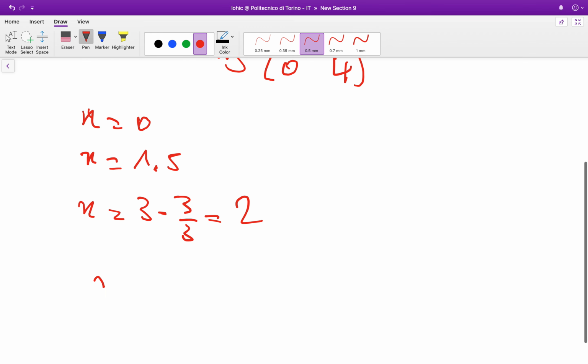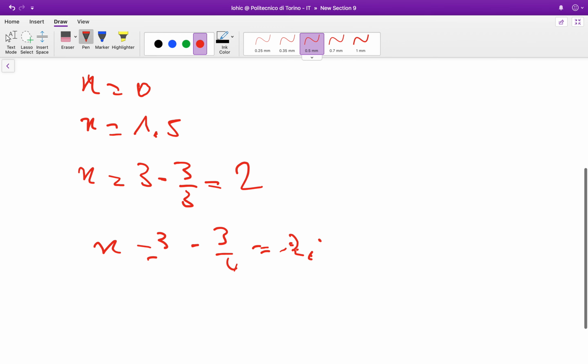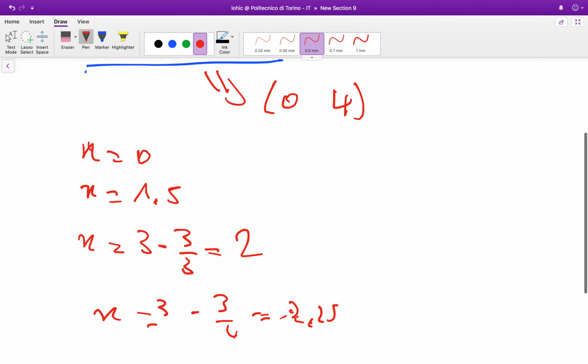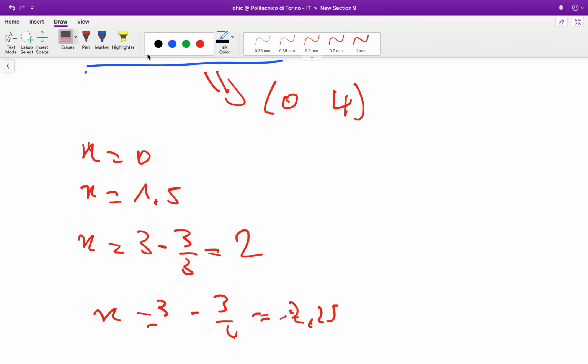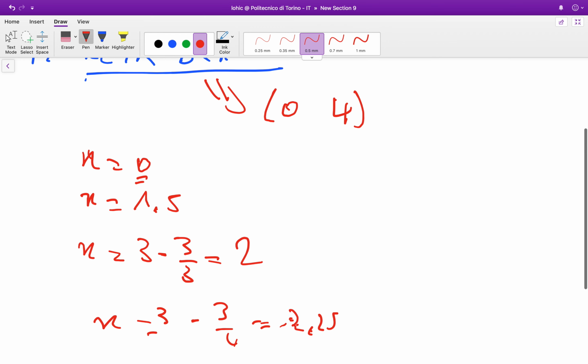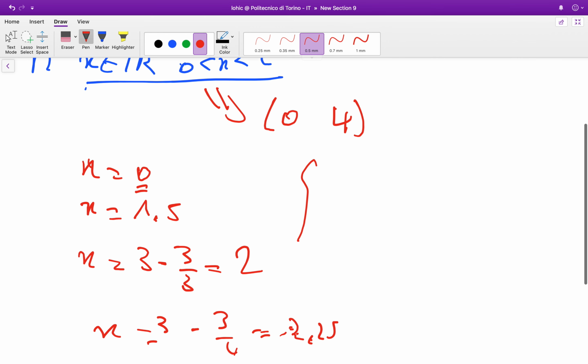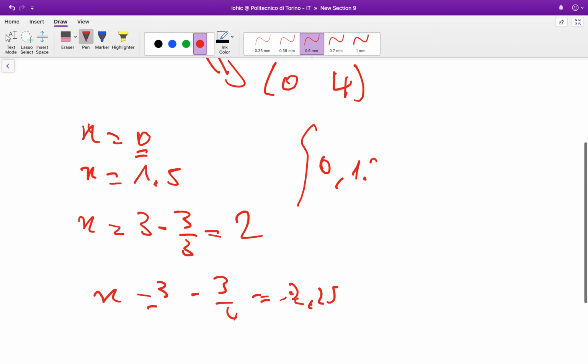And then you will have 3 minus 3 over 4, and it will give you 2.25, and so on. So what are the elements we are constructing? The first elements we got are 0, then 1.5, then 2, then 2.25,